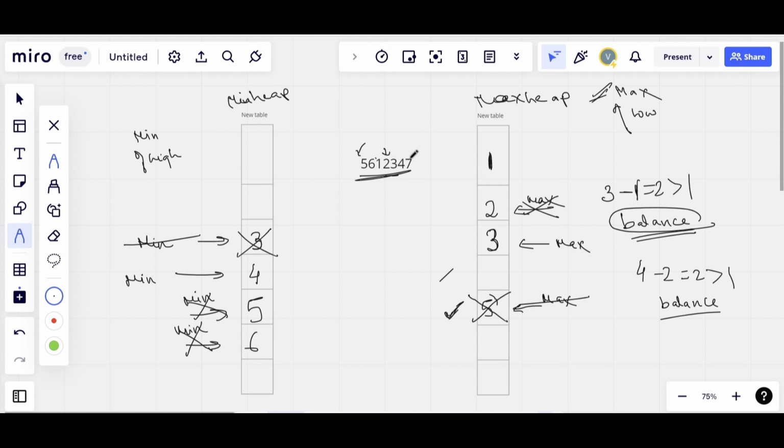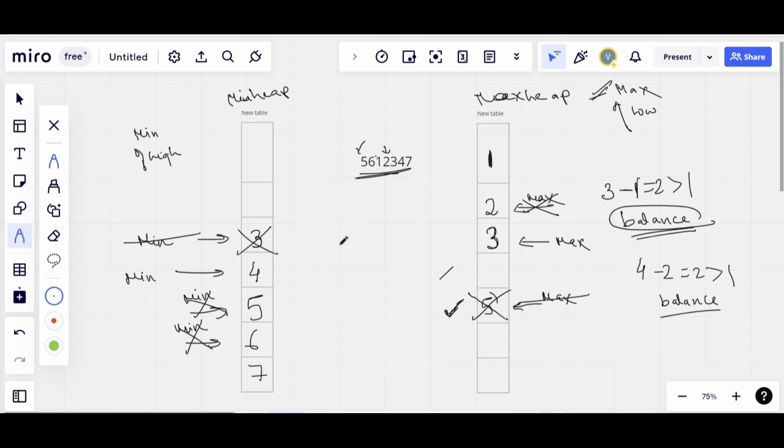Now we will add 7. So 7 is greater than max, so we will add 7 in the min heap, right? So what is the size of min heap? So as we can see, min heap size,